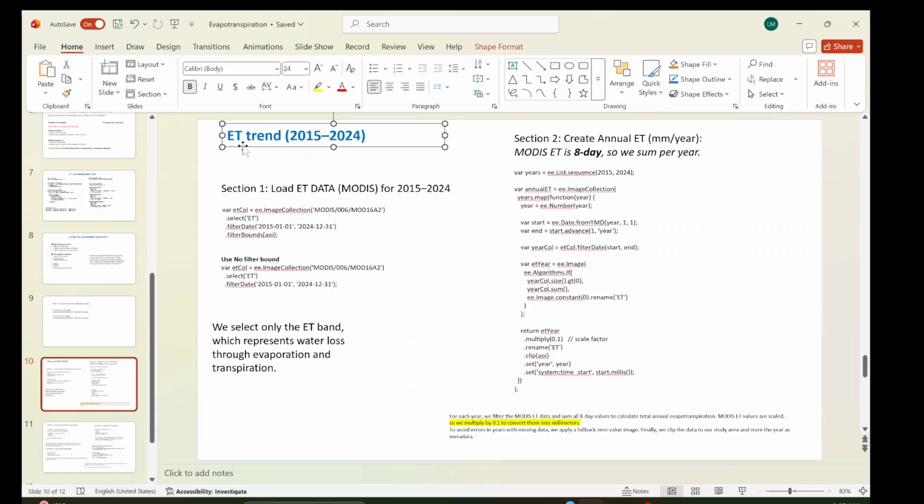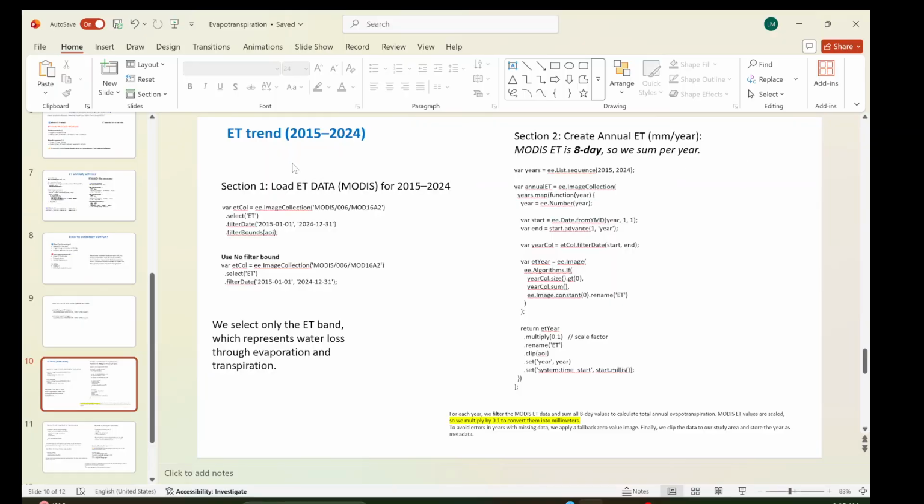So today I thought that it is worth creating a video on how it is trending, means what happened in the last 10 years, right? So that's why I wanted to show you this. So there are various sections on this. Section one is to load